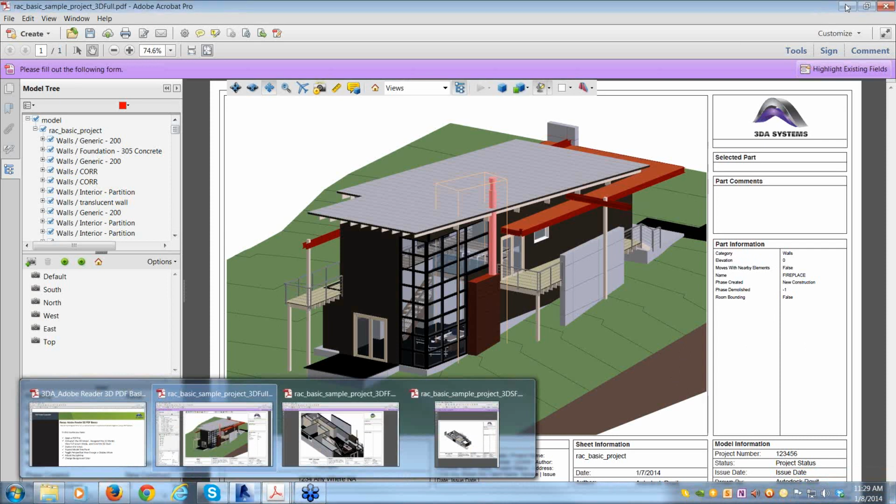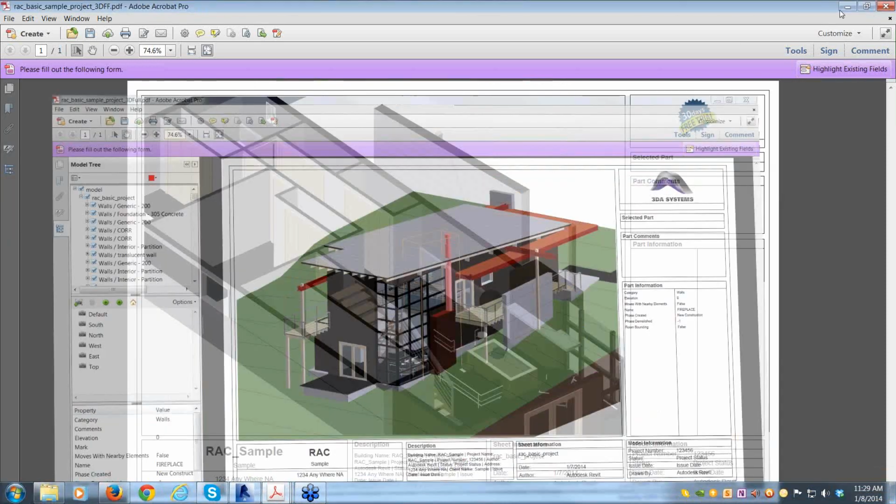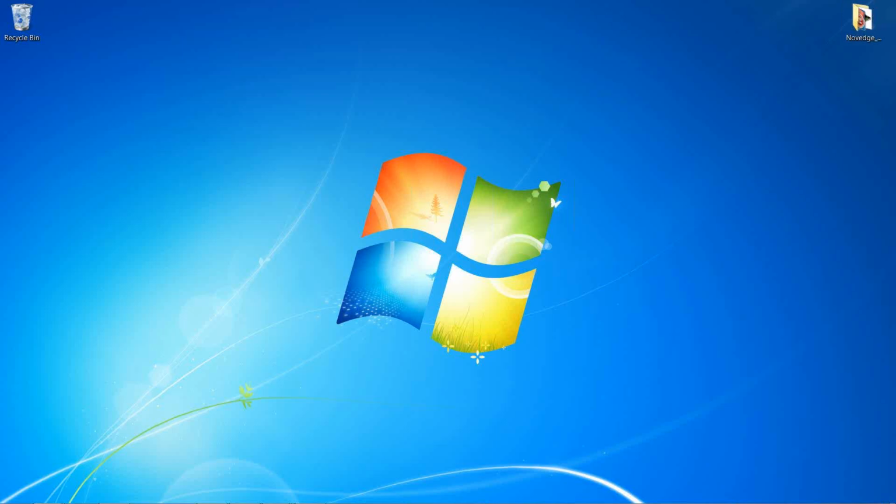Just going to shrink down here for a moment, just to highlight quickly on